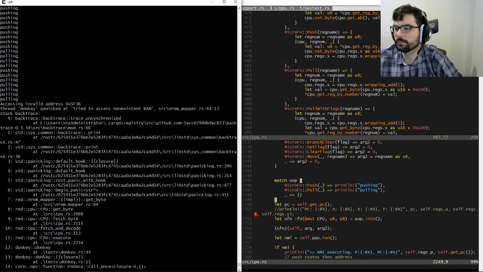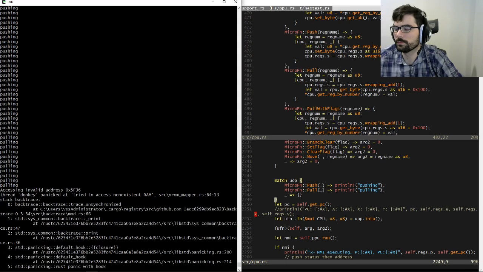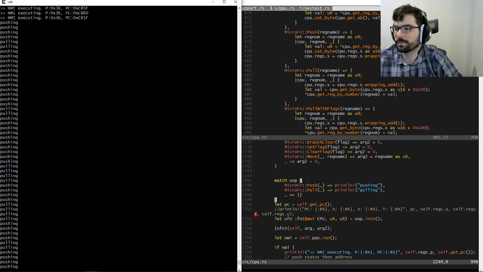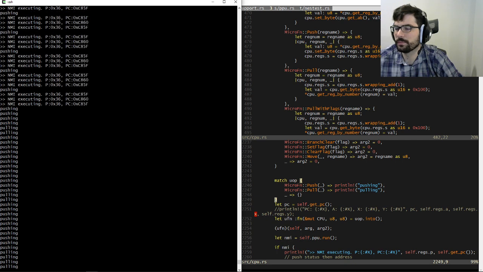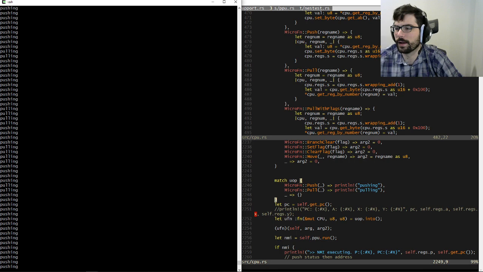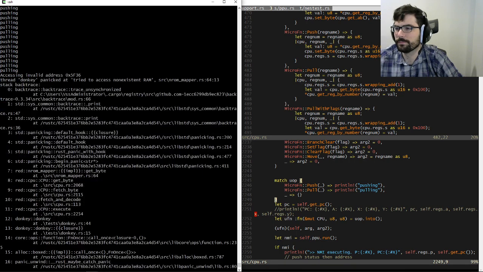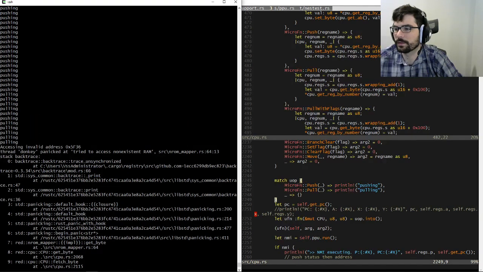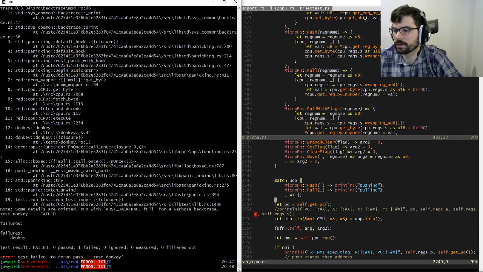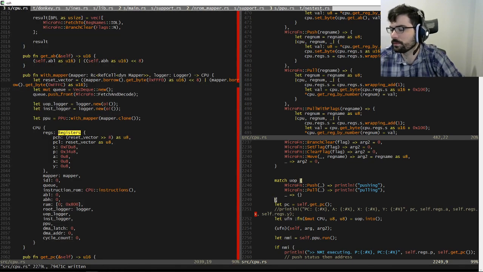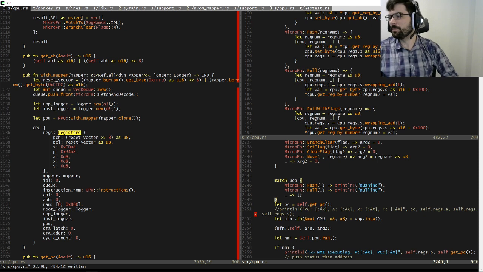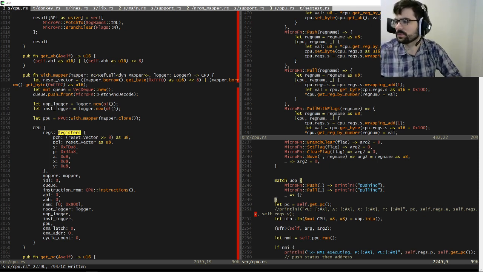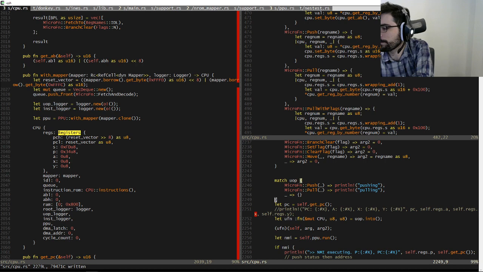Wow, that's a lot of pushing. There's no way that matches up. 1, 2, 3, 4, 1, 2, a lot, a lot, a lot, a lot. No wonder it's not working. Well, I guess that's not necessarily true. It sure looks like it's screwy, but it could be manipulating it some other way. I don't really know. Oh boy. Is my stack wrapping around? What's happening here? It's annoying.